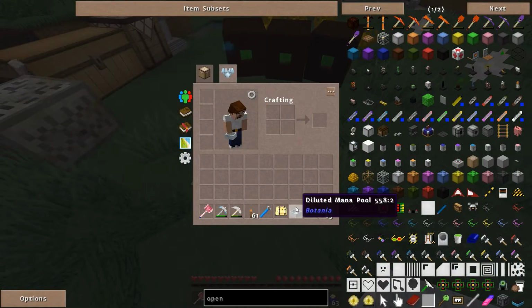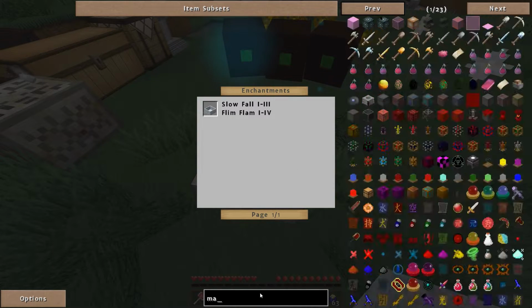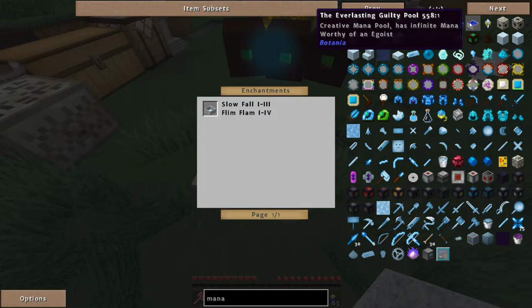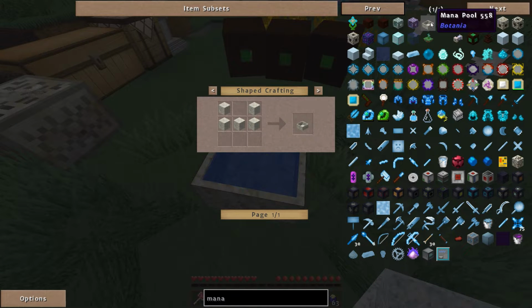Because this is the diluted mana pool, and we want to turn it into the better mana pool. It has been a while since I've made a normal mana pool. Okay, there's a mana pool, and then...